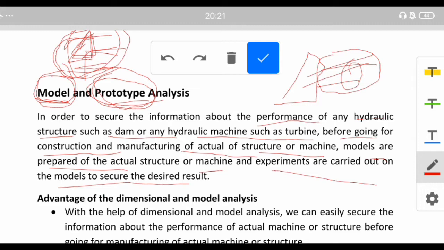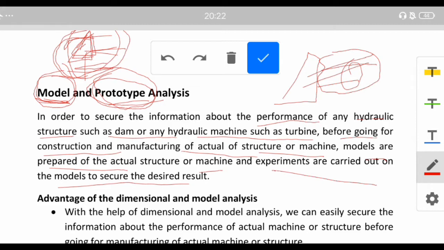Whereas the prototype is a working representation used to detect flaws or problems in advance of the production. So basically the prototype is somewhat like the real thing, and it is the first representation of that particular thing. Though it is not possible for a dam, it is possible for other things like our turbines or pumps.